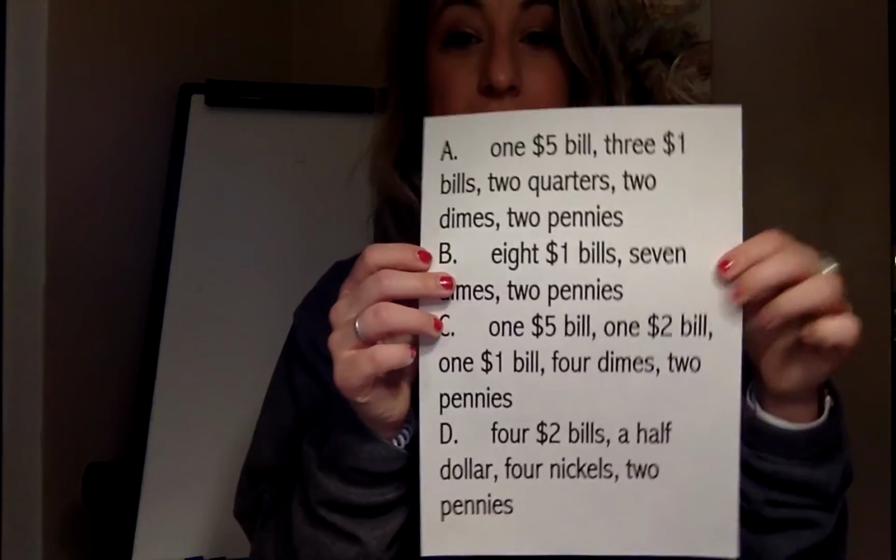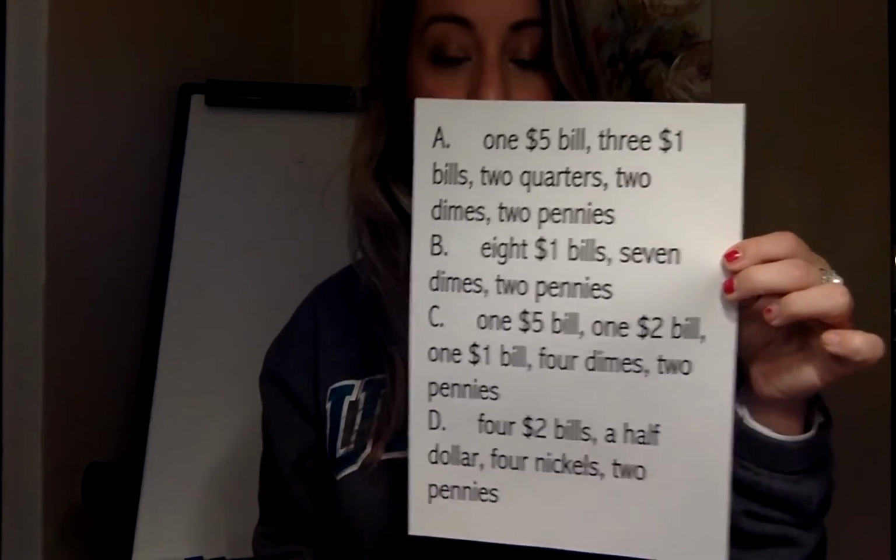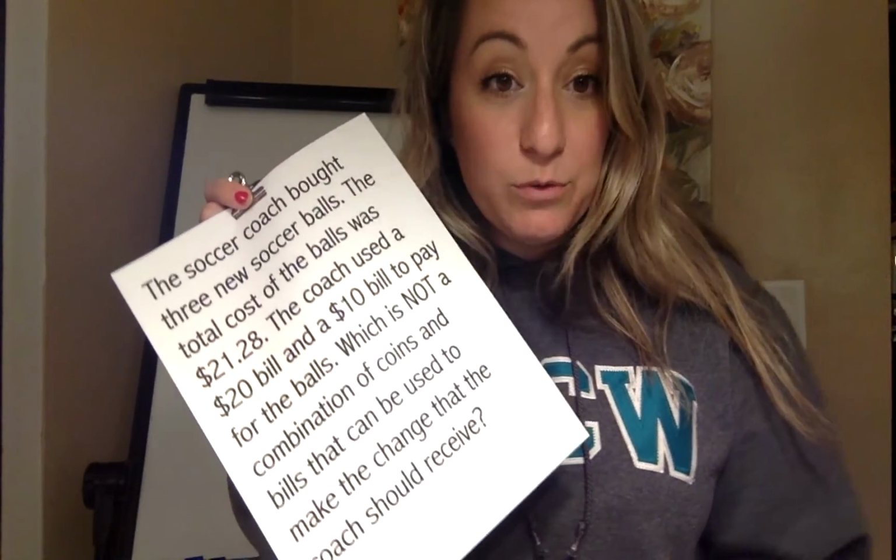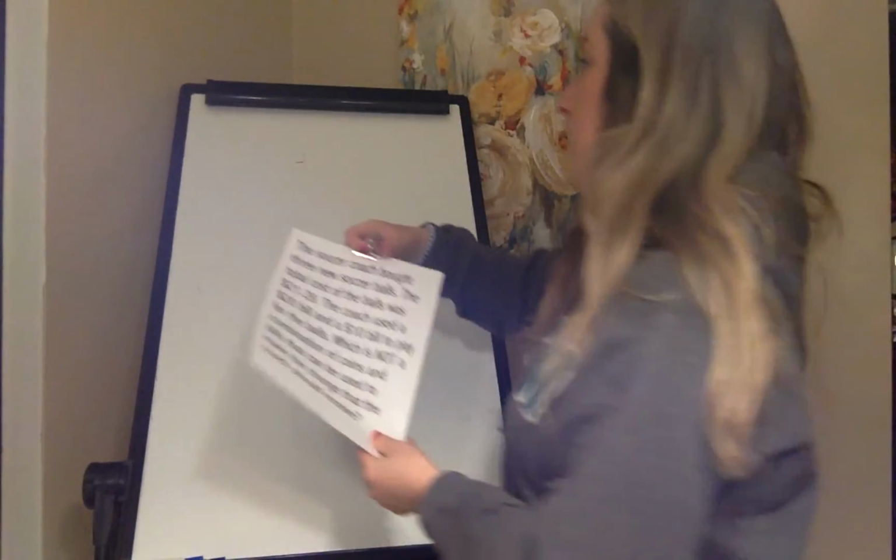And then, of course, our answer choices, they went on and gave us a whole bunch of different combinations. But before we even look at this, we need to figure out how much change we are going to get back. So we have to do all that back work first, okay? So